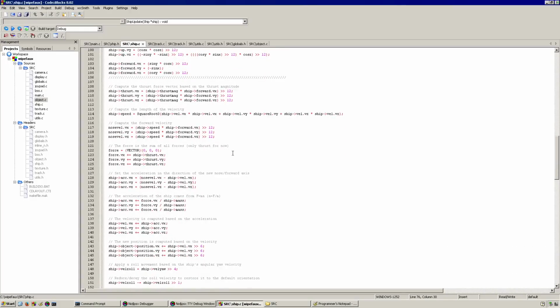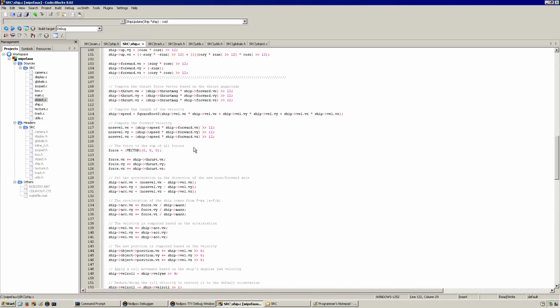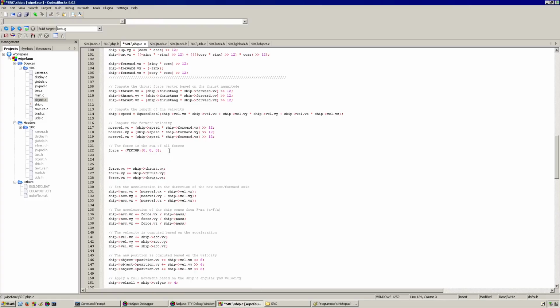Let me see if I can find it here. So remember how all those forces that we have to add together, the acceleration, the thrust, and so on, we start with 0. So the force is the sum of all the forces, only thrust for now. Now we are not going to have only thrust. The force is the sum of all the forces. So force starts with 0, 0, 0. And then we apply the thrust, but a little bit before the thrust, let me say that we're going to compute and add the force